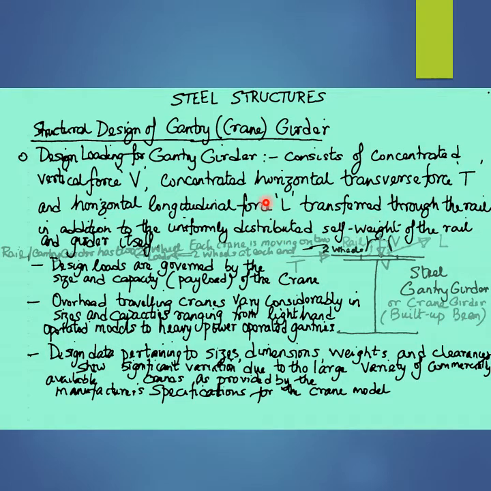The design loads, including the special dynamic forces that are induced by the overhead electric crane, moving on two rails, one at each end, with each rail installed on a steel gantry girder or steel crane girder, illustrated in this figure as a built-up beam,